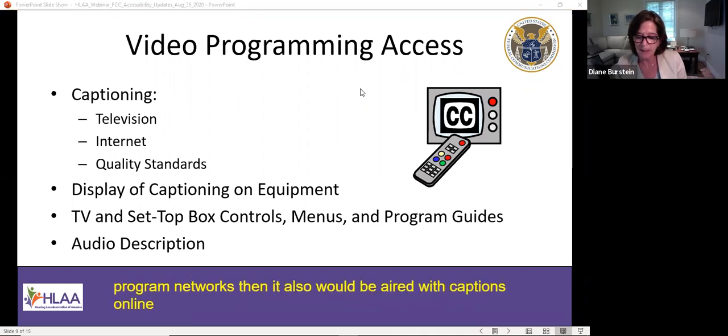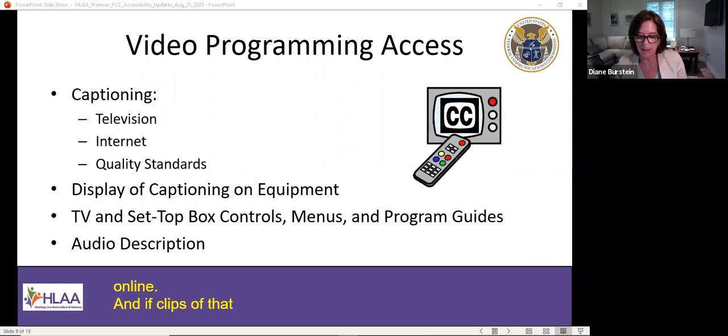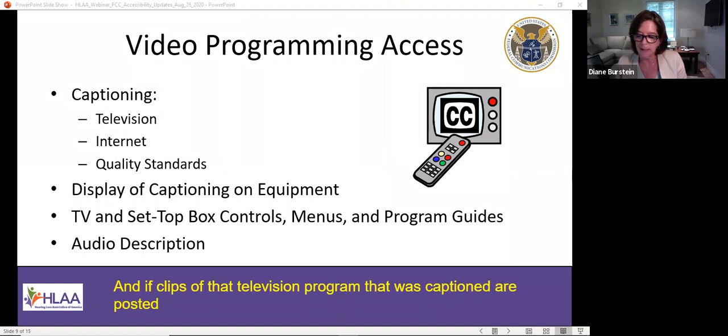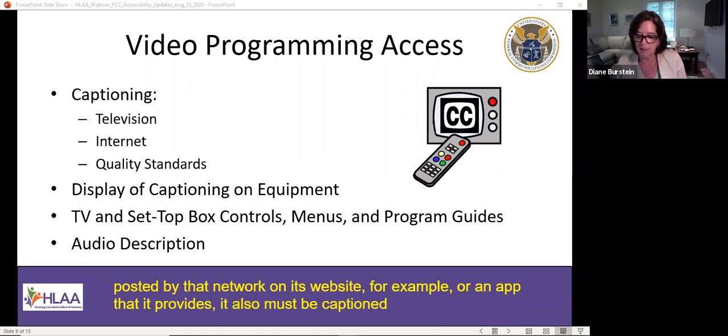And if clips of that television program that was captioned are posted by that network on its website, for example, or an app that it provides, it also must be captioned, subject to some exceptions and different considerations depending on whether the clip is of live programming or pre-recorded programming.